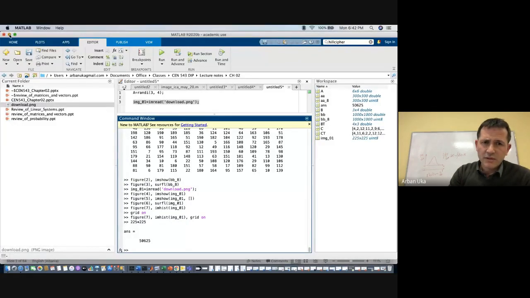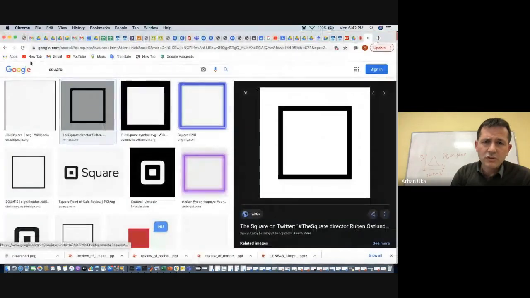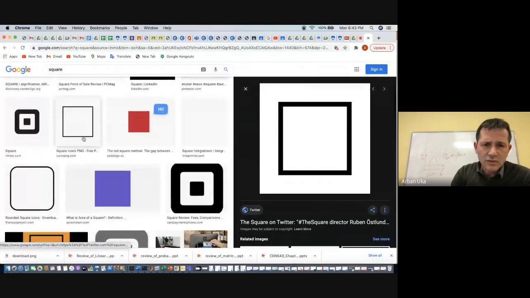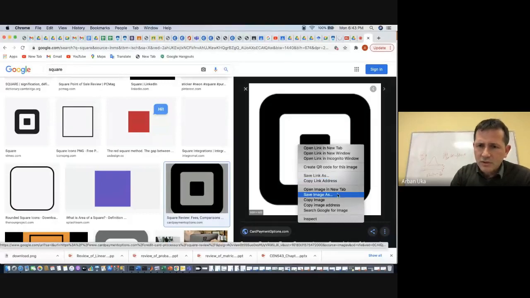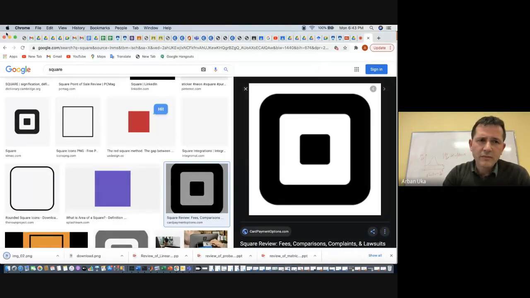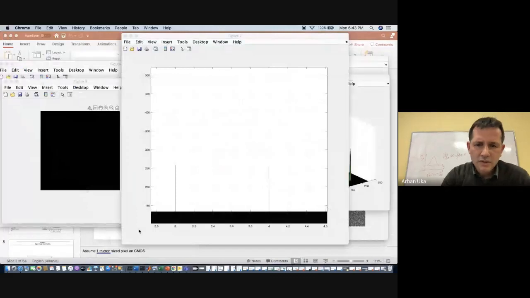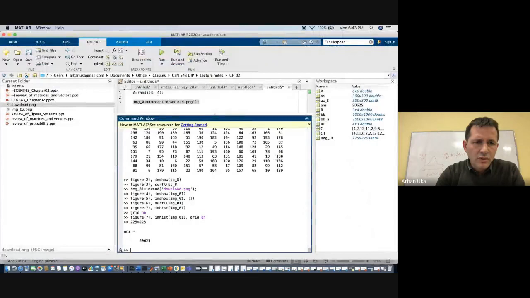But now we can pick a nicer looking image. Wait a second, which one shall we pick? This looks like a good one, but let's see what this save image is. We call this one image 02. Then let's try to read image 02. We have this right here, so we have to read